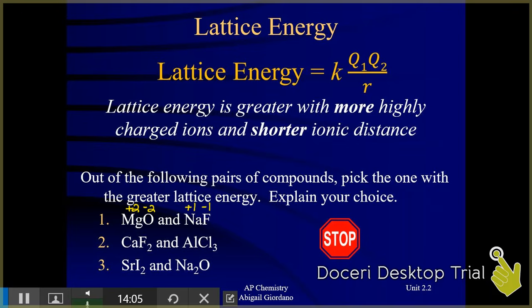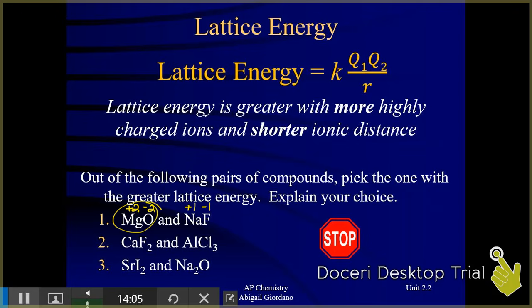Which compound is going to give you the more negative product? 2 times -2 is -4. 1 times -1 is -1. So, ladies and gentlemen, magnesium oxide is the one with the greater lattice energy, the one with the